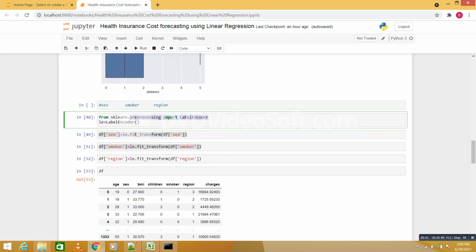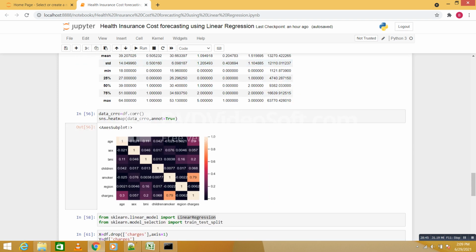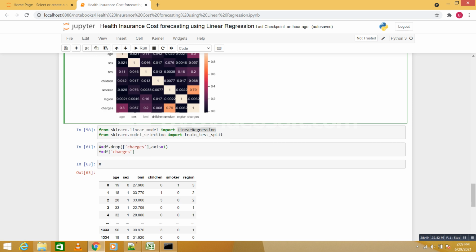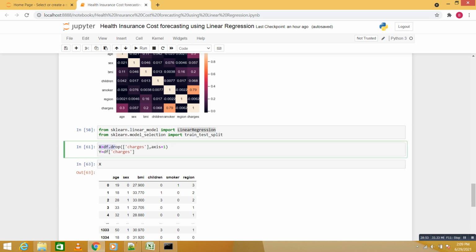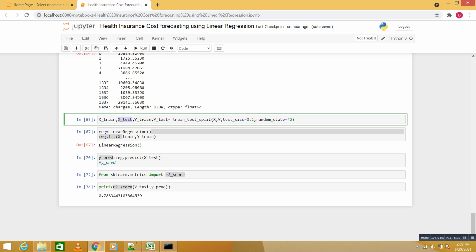After that we created the x label and y label, the independent and dependent variables. Then we split our data into x train, x test, y train, and y test. We applied linear regression, predicted the value, and applied the evaluation metric. Based on the evaluation metric, you can say how much confidence you can give in the model.